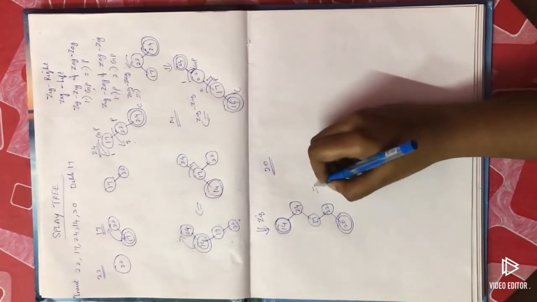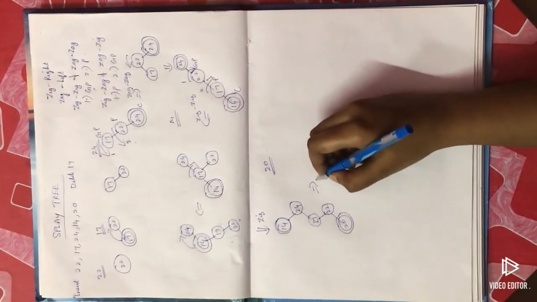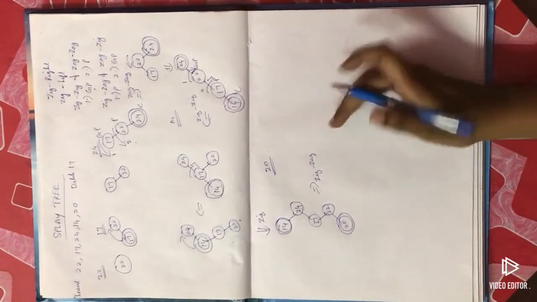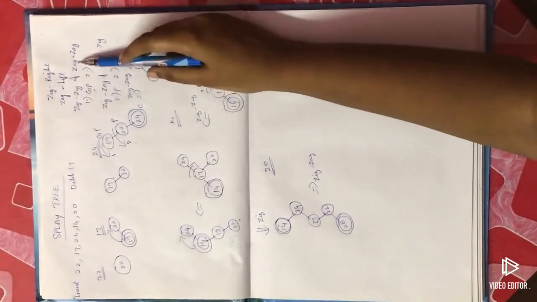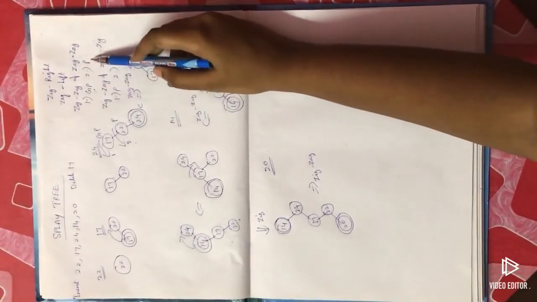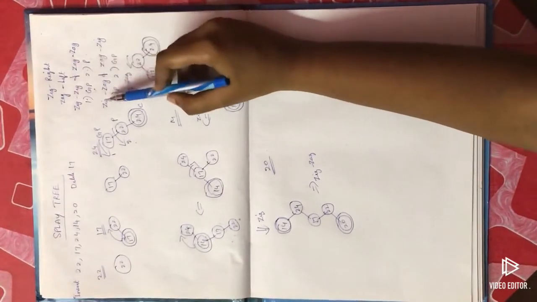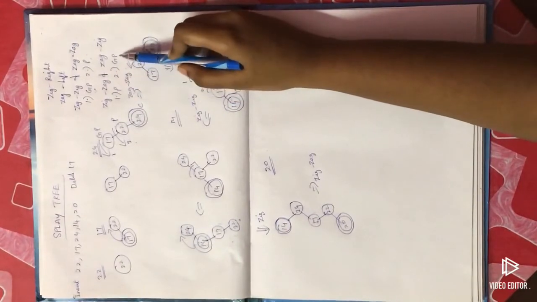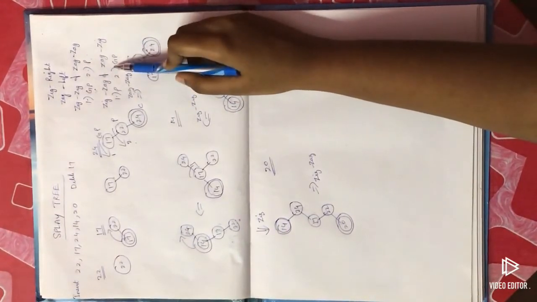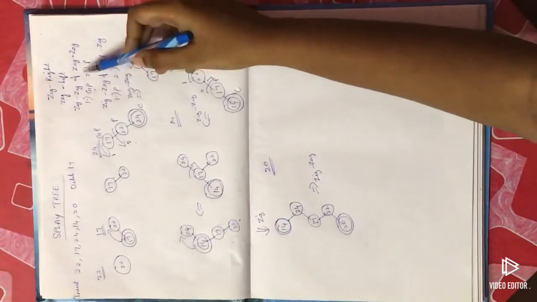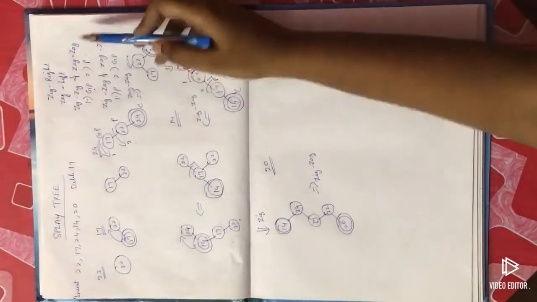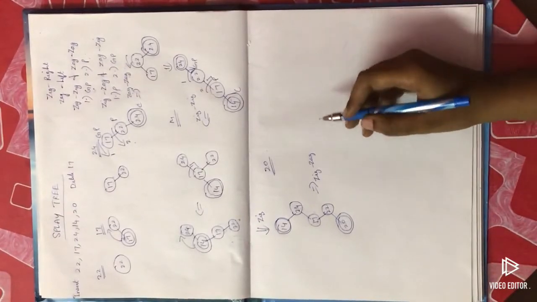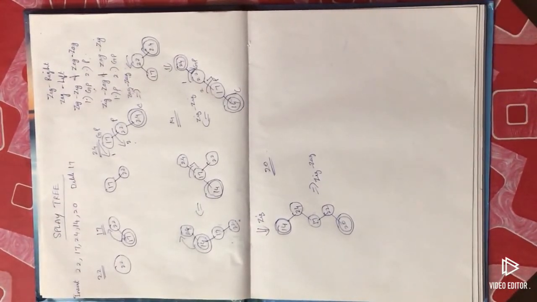Now we will write this zigzag rotation. One condition we need to see. In zig and zag, first the grandparent, second the parent. In zigzag and zag, first we need to rotate the parent, then the grandparent. This condition you should not fail. If you do it in reverse order, or if you follow any one of the conditions wrongly, you will not get the answer correctly. Now you check this.